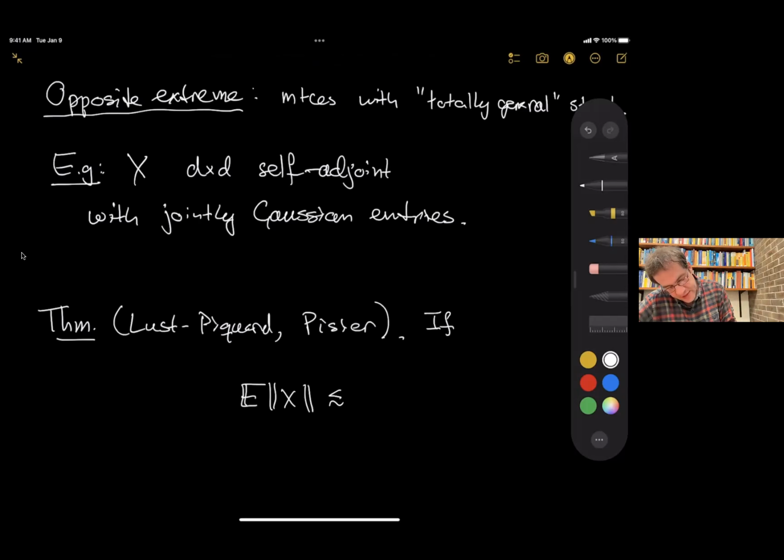By the way, this theorem, as I'm going to write it, also assumes the mean is 0. Later, I'm not going to assume that. So how do we bound this? It turns out that this is upper bounded and lower bounded by basically the same quantity, which is the norm of the expectation of x squared.